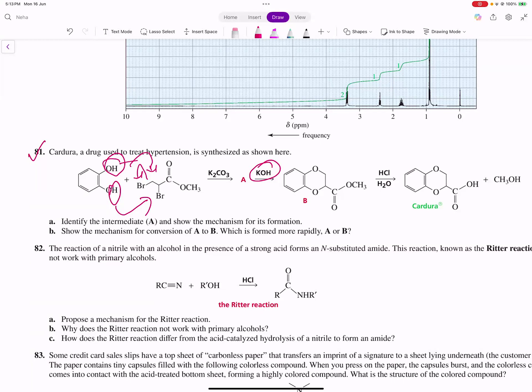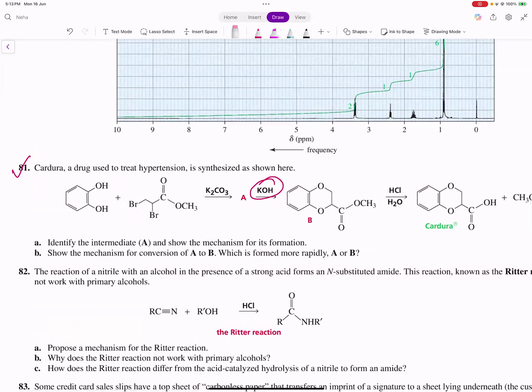Also, one more thing which is instructive here is that after it has lost the proton, O minus has become here. This O minus is going to attack this carbon first. Why? Because there's a bromine here and there's this C double bond also. There's a lot of pulling of electrons due to this group. So ultimately both the protons and both the,